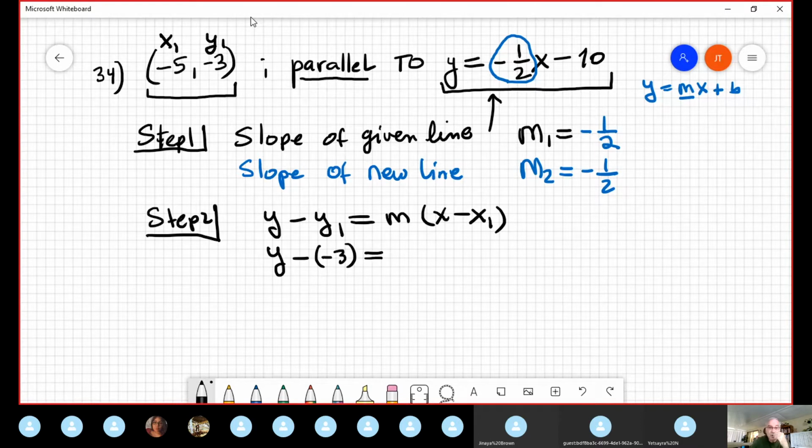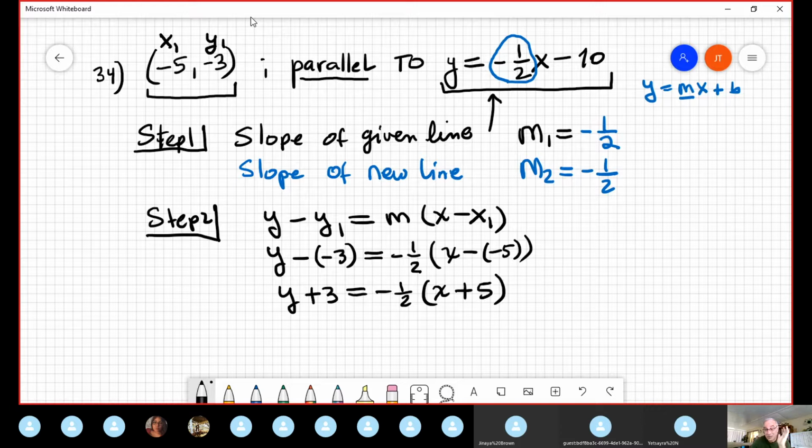And this is -1/2. We're using the second slope, no? Okay, by the way, it's the same. x minus minus 5. Something like that. Be careful with the sign, no? Double minus becomes positive. -1/2 parenthesis, x plus